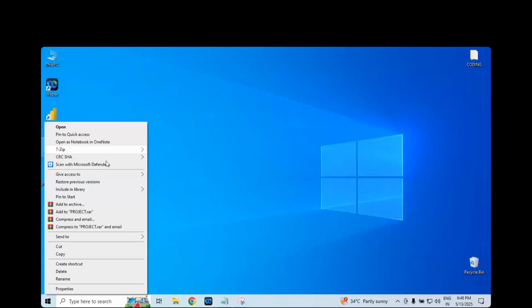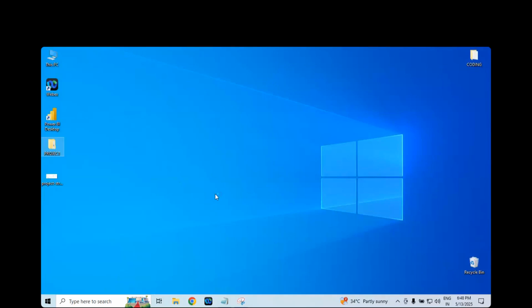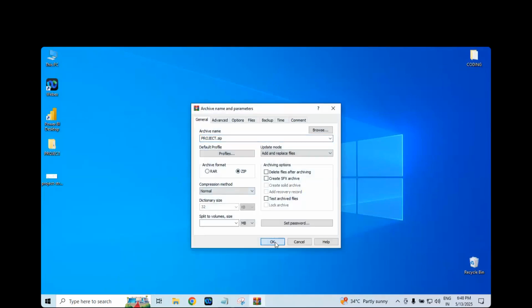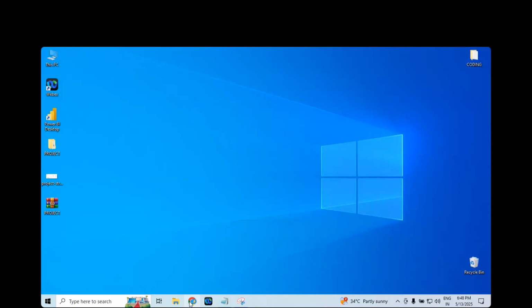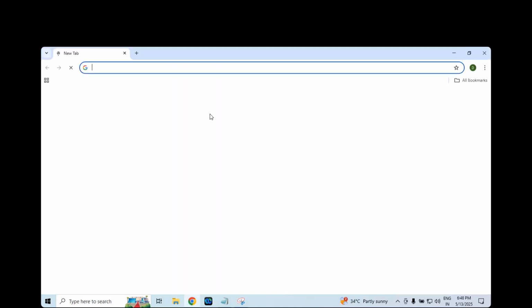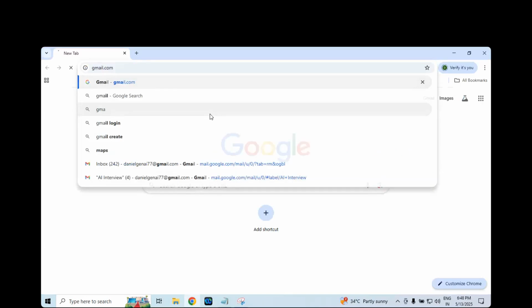Now I need to extract this. I need to create a zip file. Only a little time, I request you. I'm having some network issue in this system. I don't know, I'm unable to log in to my Gmail. I'm not sure what exactly the issue is.